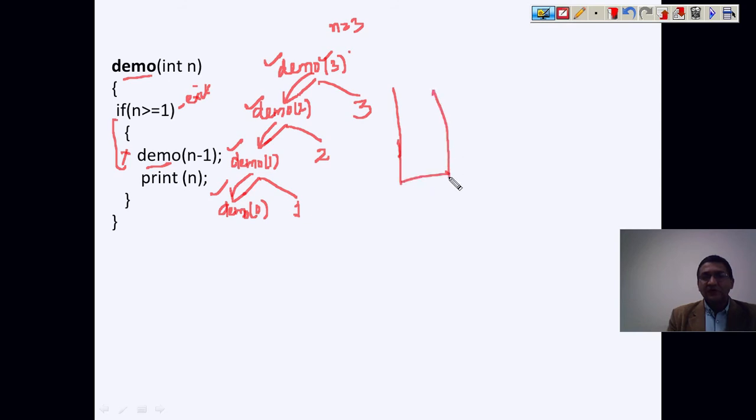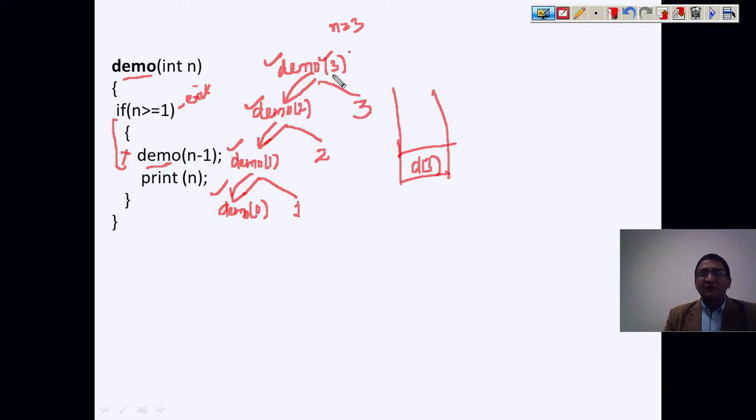This is how we are representing the stack. Stack is something which works on the last in, first out principle. So when this is called, I am writing here D3. Whenever any function is getting called and it makes an inner call, then it is being pushed.